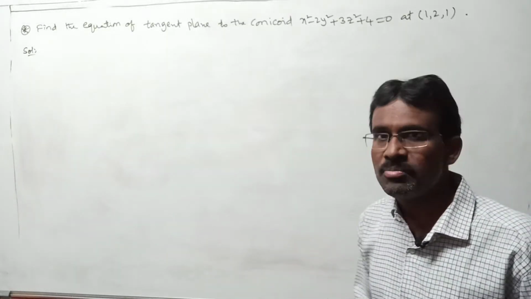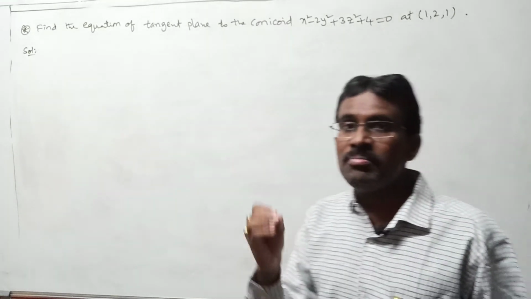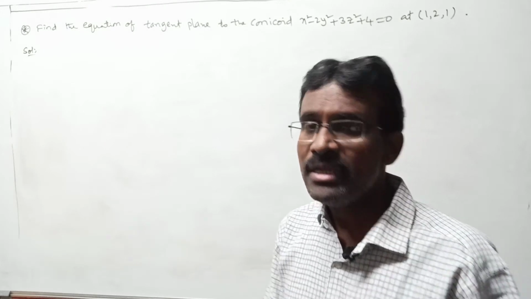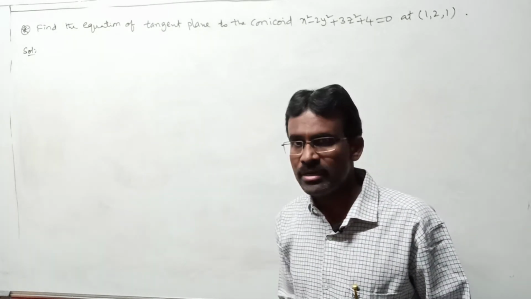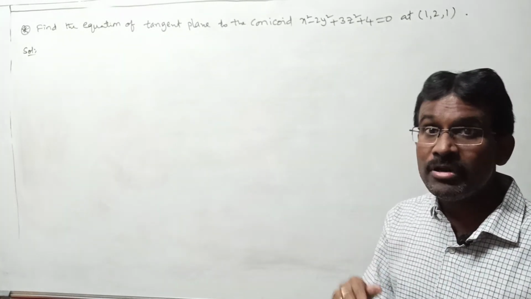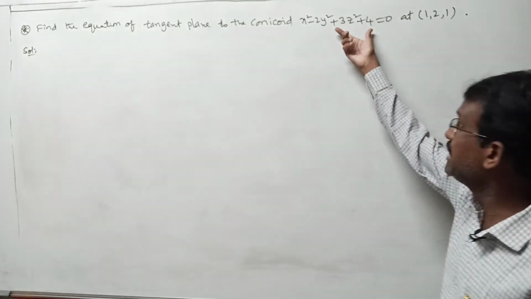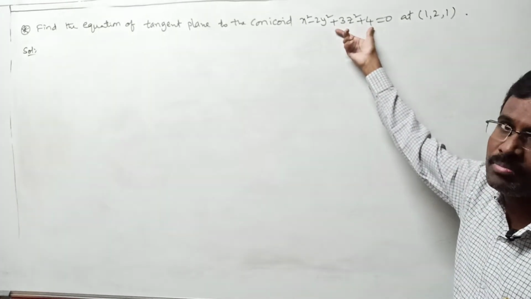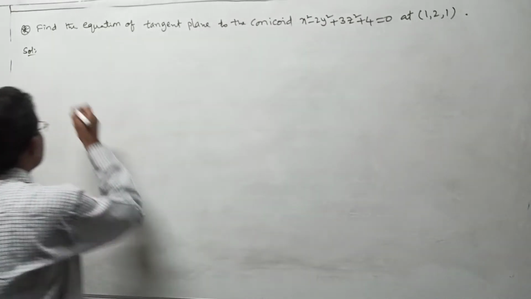But before doing that, let us take your given conicoid. First write it in the basic form. What is that? Ax square plus by square plus cz square equal to 1. Then define what are a, b, c. Because in our S1 we need a, b, c values. That's why first write your given conicoid in the proper form, then find a, b, c values. Initially I am doing that work.